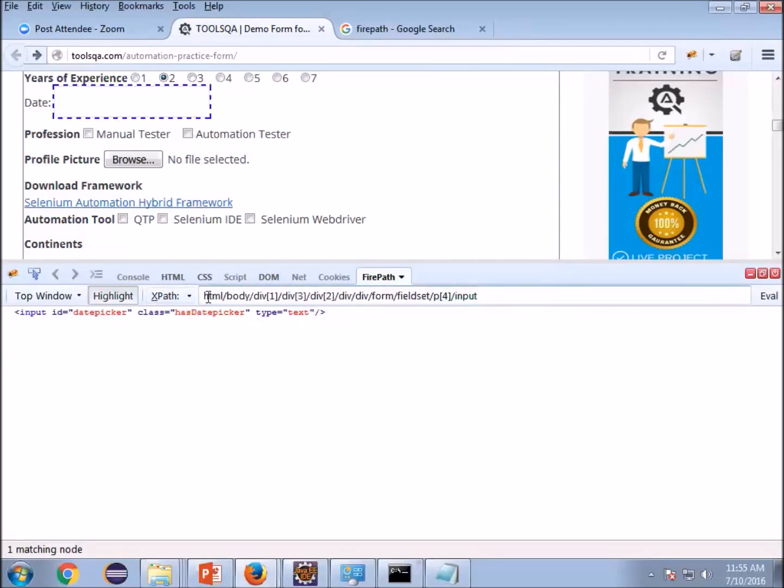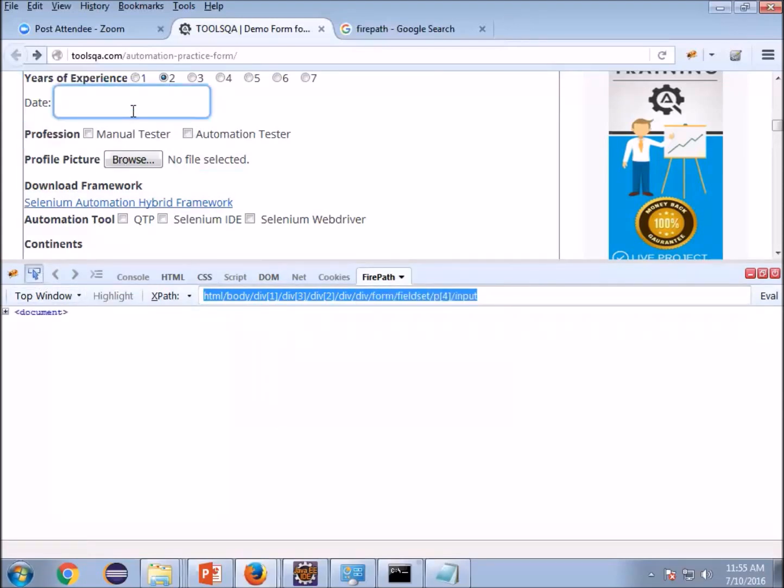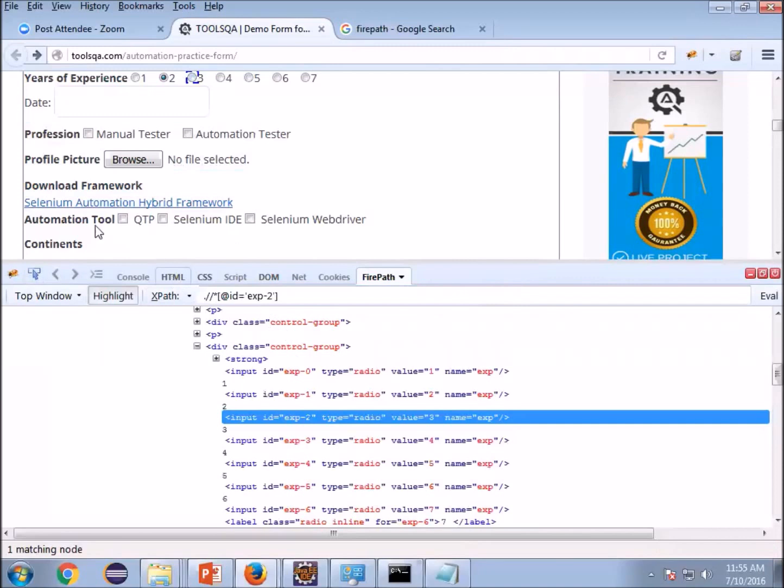So it is giving me the complete address. We don't want this, right? You can use this one as well, but it's better to write short and understand. So if someone is getting this kind of error, uncheck this generate absolute path and click on show entire DOM, and now you go and search, you will get the proper one.